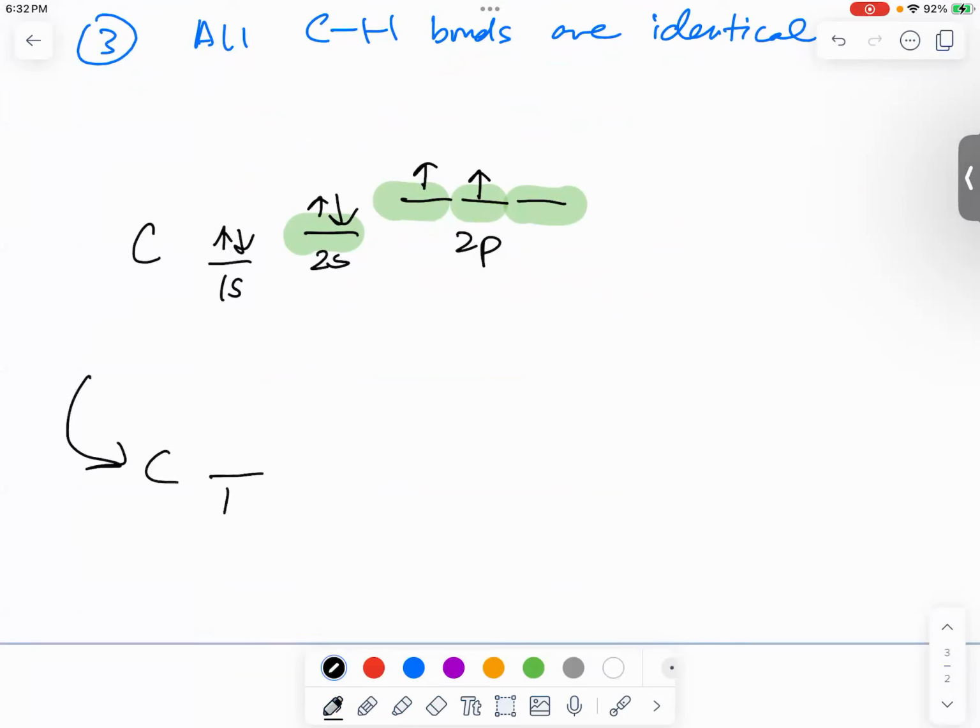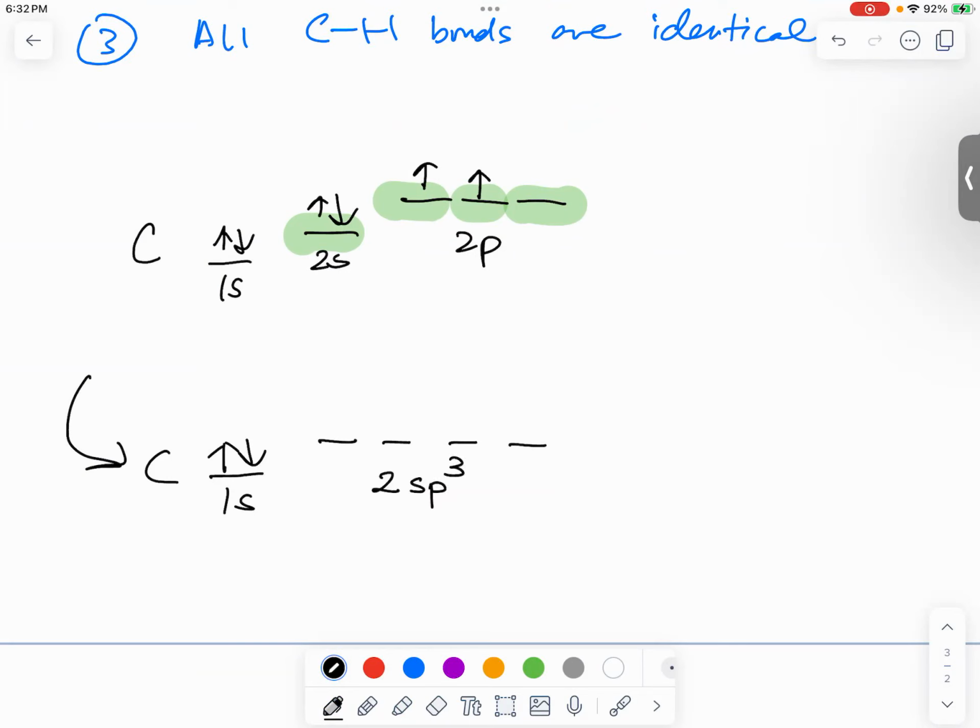After hybridization, these 4 orbitals, namely 1 2s orbital and 3 2p orbitals, they will hybridize to become 4 of the